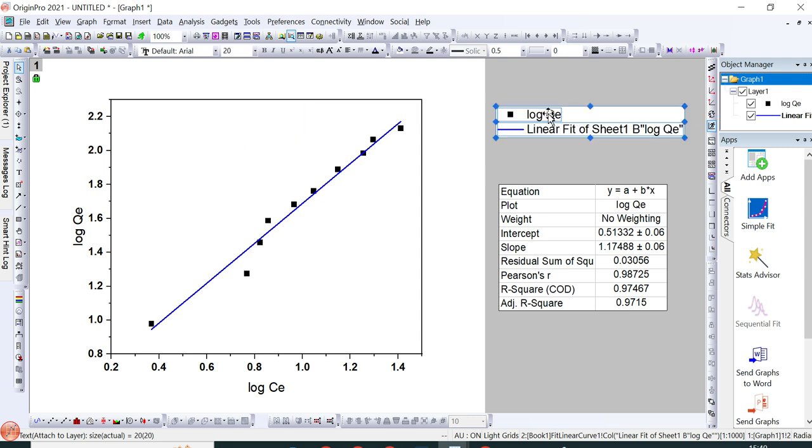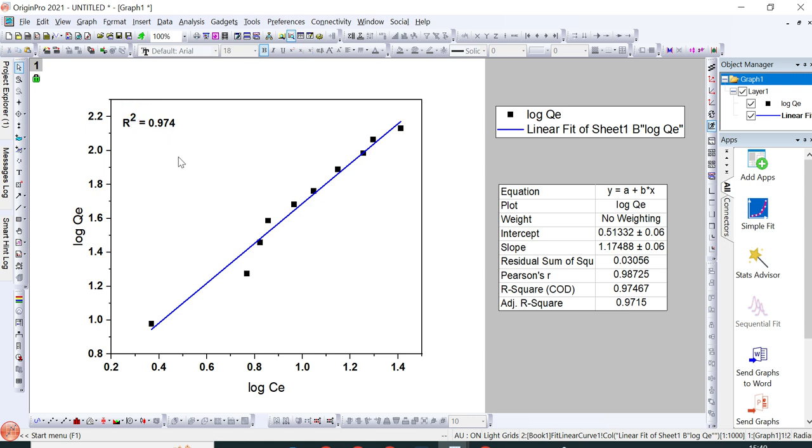It's better to remove it, and you can add your R-square value by going to the Text option, and then you can write R, then go to superscript, 2, and press superscript again, and then equals 0.974.